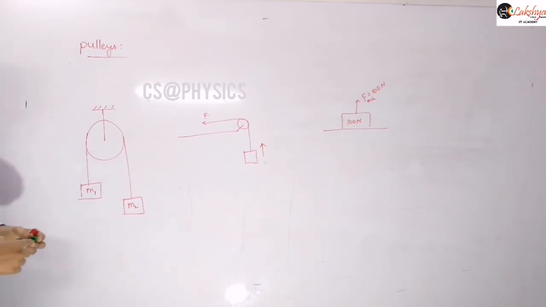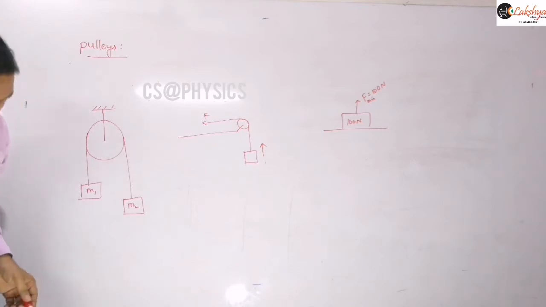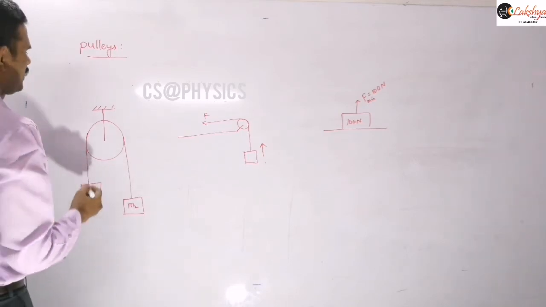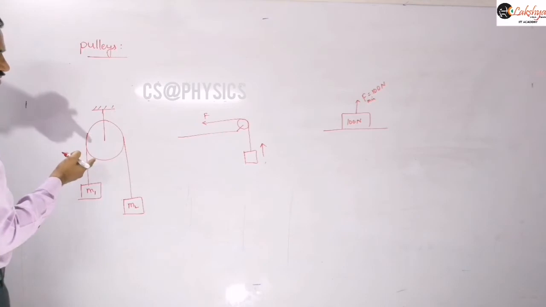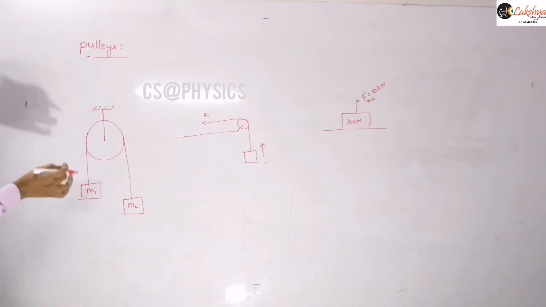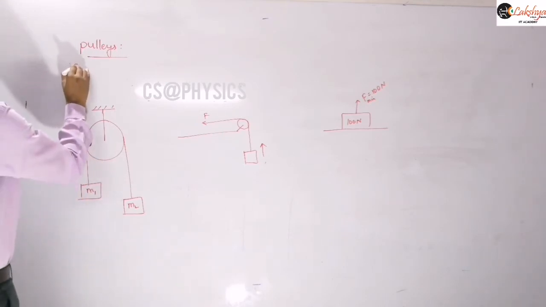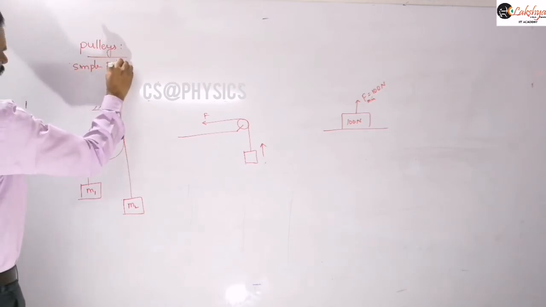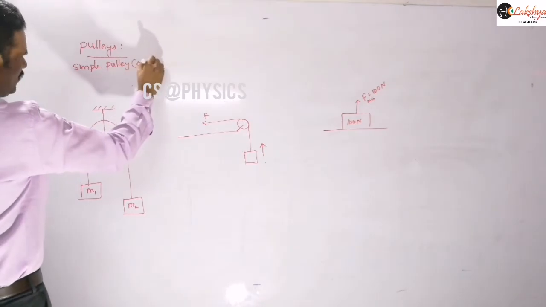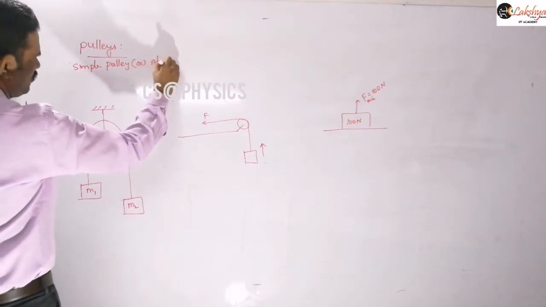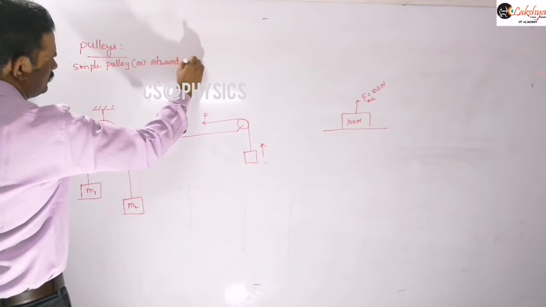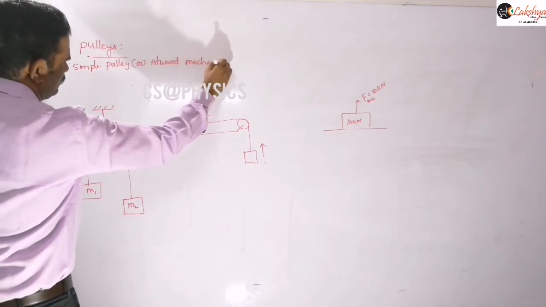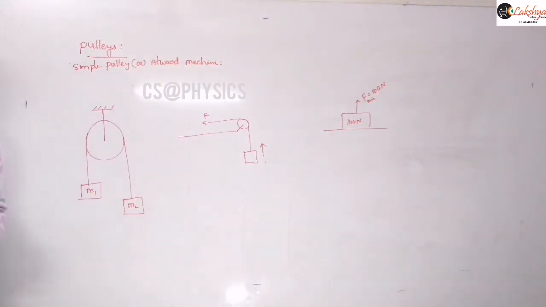And so now let us consider this pulley system here. This is generally what we call a simple pulley. That means I am going to take this example here. First a simple pulley I am taking here. So it is a simple pulley, or it will be mentioned as an Atwood machine. Right? So it is a simple pulley or Atwood machine.